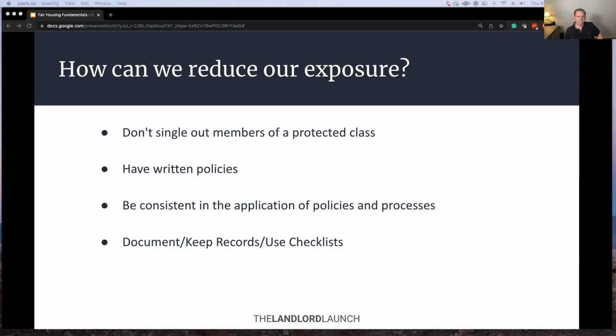Make sure to have written policies and then follow them. And written policies that you follow shows that you're treating everybody the same. If, let's just say, a reasonable accommodation request, one of the things I recommend is you have a reasonable accommodation written policy that says when we get a reasonable accommodation request, we're going to do A, we're going to do B, we're going to do C, we're going to do D. When somebody does that, you pull out that written policy and you follow that to the letter,